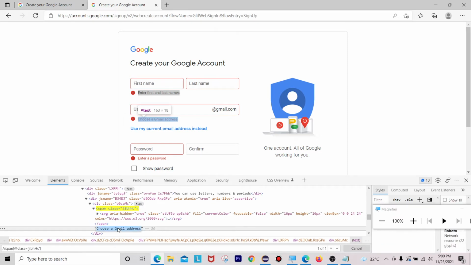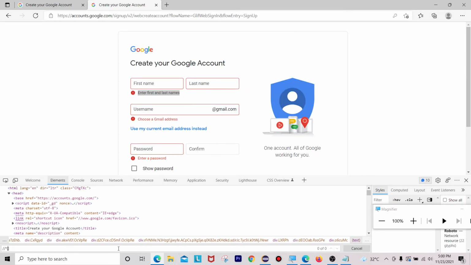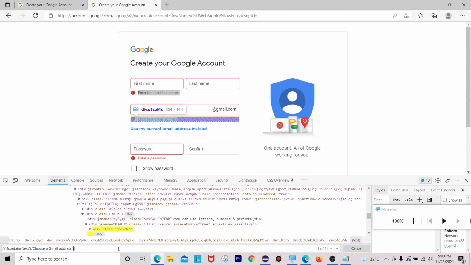It is outside of that span. So let me try contains text, comma. Now it is highlighting this one. We'll try with this XPath.